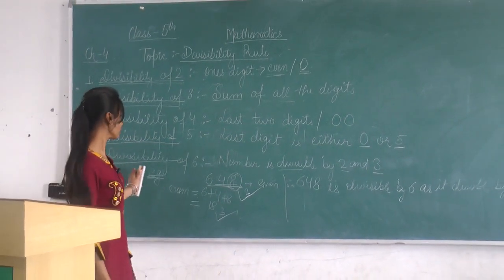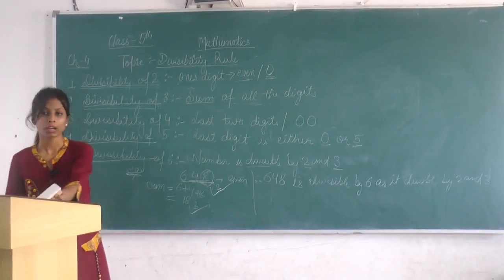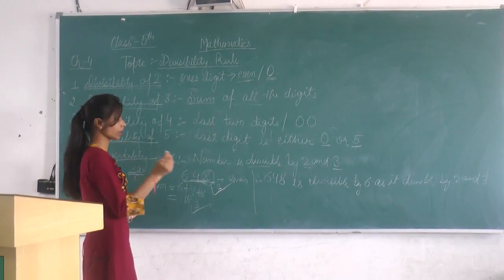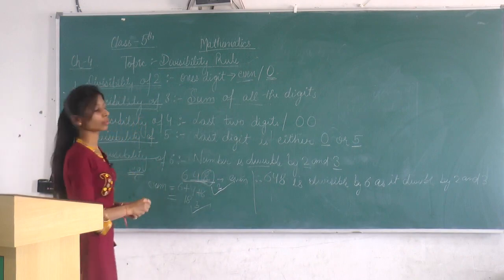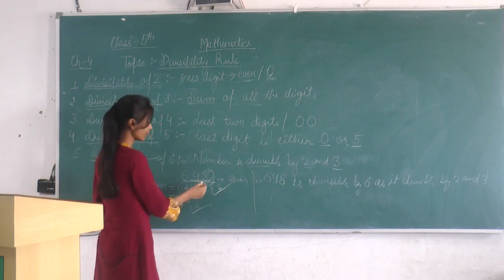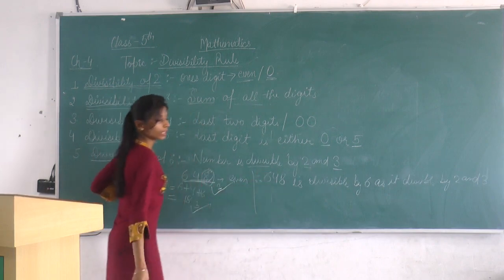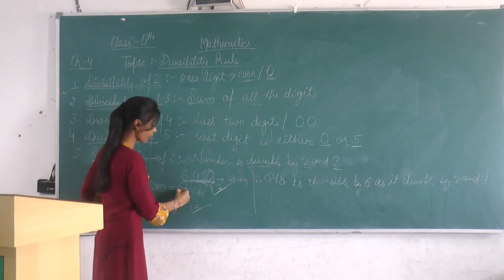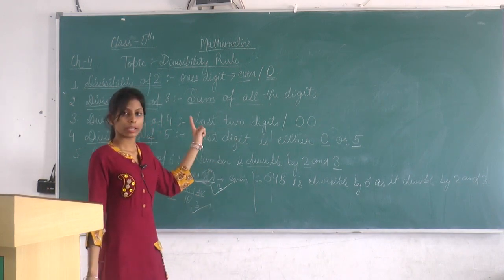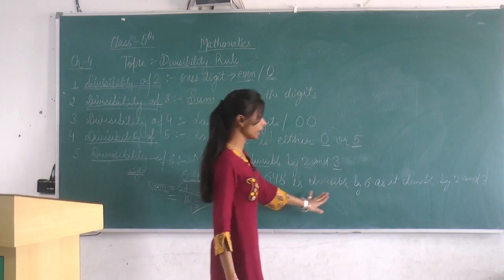Okay students, I am repeating again. Divisibility of 6: the number is divisible by 2 and 3. If you have any number, first you have to check divisibility by 2. How do you check? You only have to check that the one's place digit is even or 0. If it is even, that number is divisible by 2. And second, for divisibility by 3, you have to sum all the digits and check that the sum goes on the table of 3. Then it is divisible by 3. So we can say the whole number is divisible by 6.